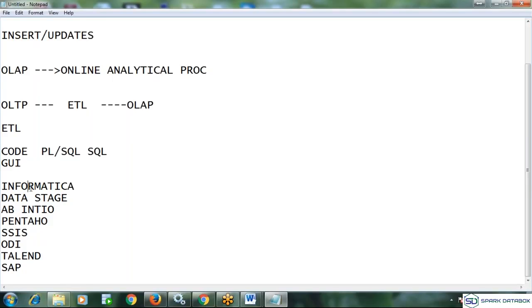Coming to Informatica, no need to do anything. Currently we are seeing, right, we need no knowledge about any other technology. It's completely GUI based, so you simply drag and drop the objects. All the processing it's doing internally. No need to learn anything specially.